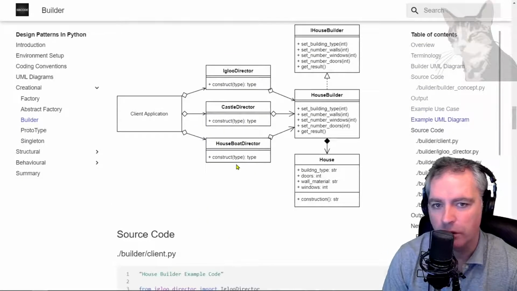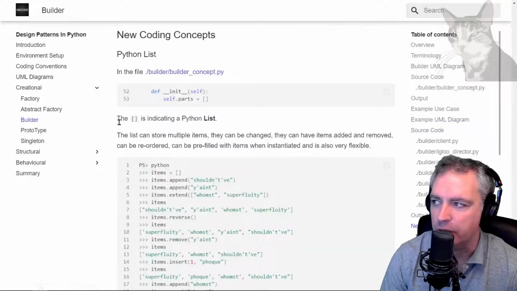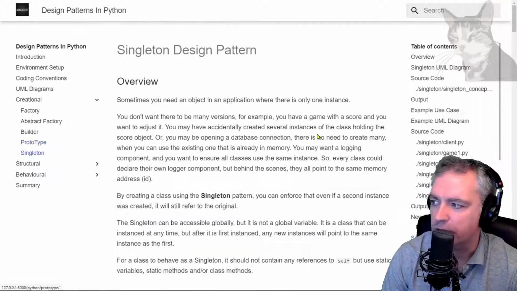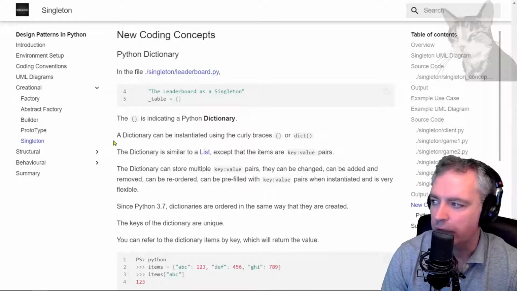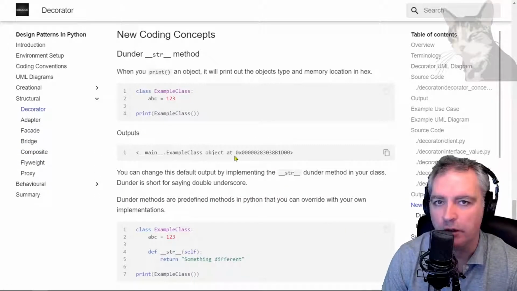Now, we'll look at all the patterns like this with a conceptual example, then a use case example, and then also at the end of every pattern there will be discussions on the new Python concept that we would have learned in that pattern. So for example, in the builder I introduce lists, so we learn about Python lists. In the prototype I'll introduce the Python ID function. In the singleton I'll introduce the Python dictionary,